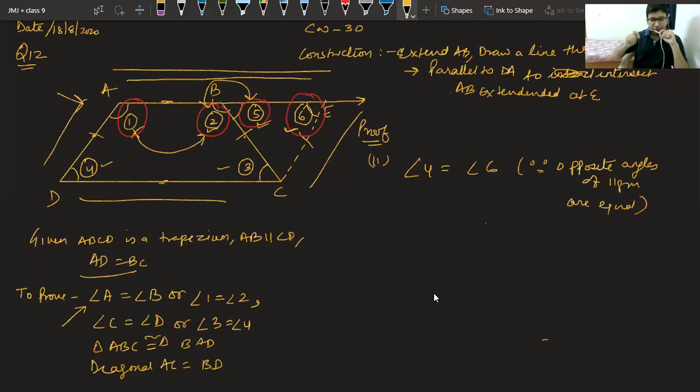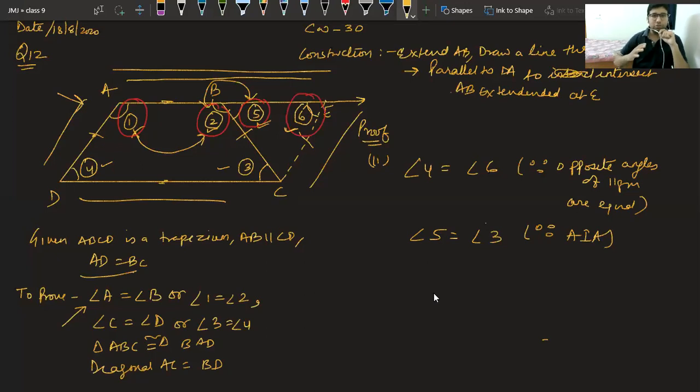What is the relation between 5 and 3? Moksh, very good, beta. No, Moksh, you're going wrong in this case. Angle 3 is not that which you are thinking. Moksh, I will clear this to you. Yes, class. What is the relation between 5 and 3? They are alternate interior angles. So angle 5 is equal to angle 3 because they are alternate interior angles.